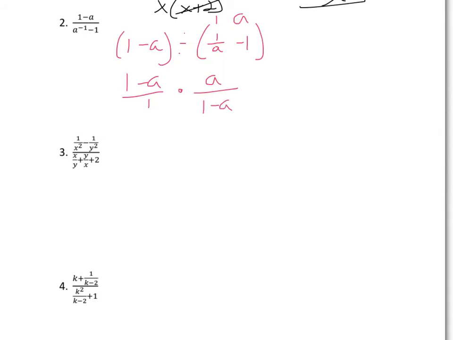Now it's very easy here to see what's going to cancel out. 1 minus a's go away, and we're left with a. Okay, pretty simple problem. Number 3,